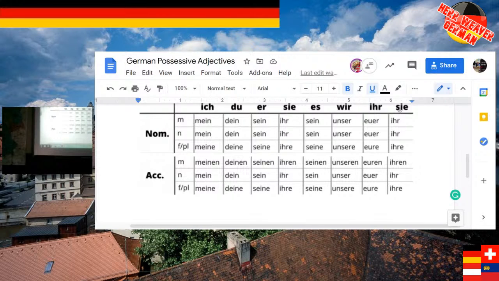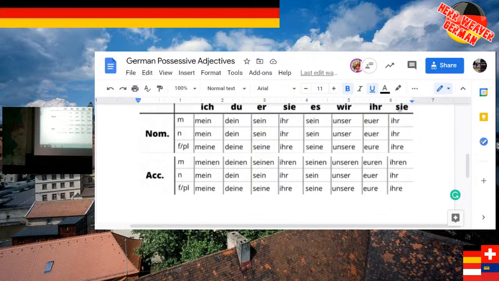Yeah, but find some patterns though. In the nominative case, masculine and neuter, nothing. In the accusative case, just neuter gets nothing. Masculine gets en. And always feminine and plural in both cases get what? E. So only feminine and plural are going to take an E ending on the possessive adjective.